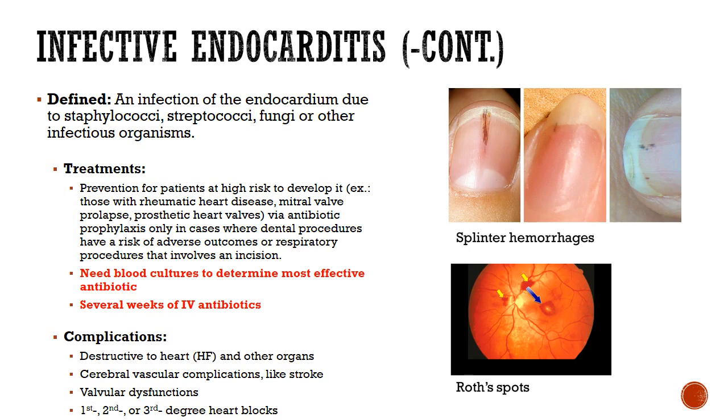Treatment: going to have to figure out who is the culprit. So you're going to need to do blood cultures to determine the most effective antibiotic. If it is fungal, then it'll be an antifungal. And here's the key thing about this. It is very difficult to treat, so a person is going to need several weeks of IV antibiotics. Several weeks. Complications of somebody who has this: destruction of the heart and to other organs, cerebral vascular complications like